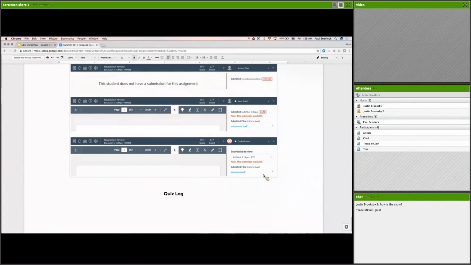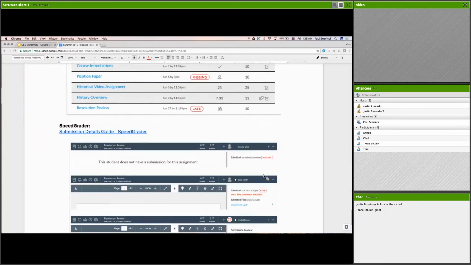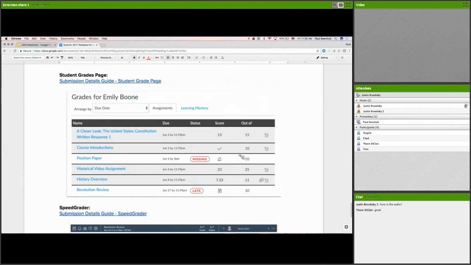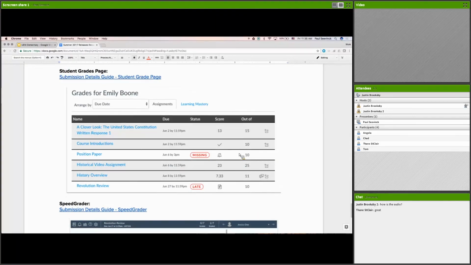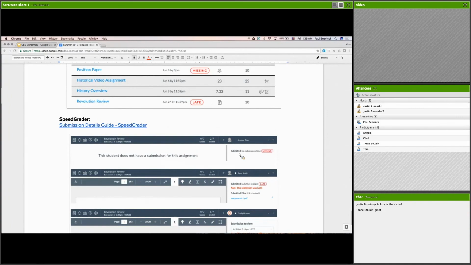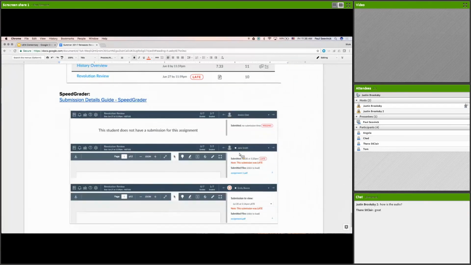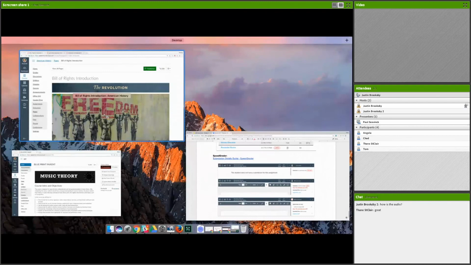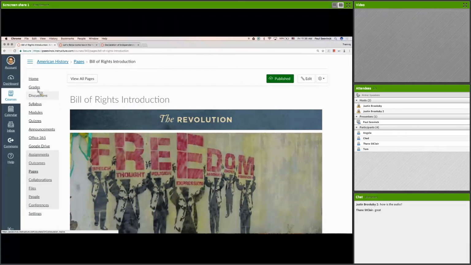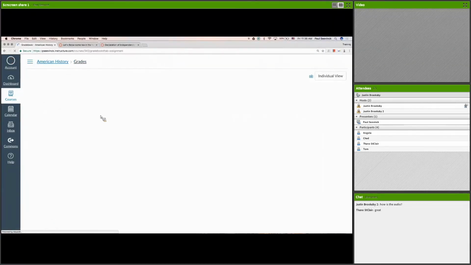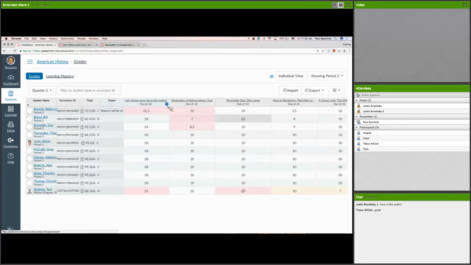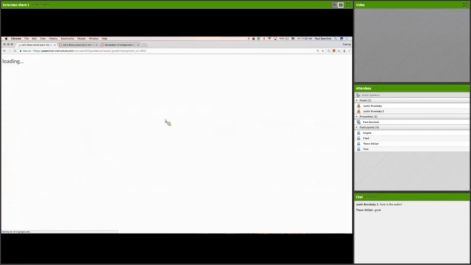So the last one that I want to go ahead, actually, let's see. Does anybody have any questions about that? The tabs? No, so that's going to be showing up in two places. It's going to be showing up for the students and their grades, and then for you, it's going to be showing up in your speed grader. So this is a speed grader. Let me show you what that looks like a little bit bigger. I know it's hard to see when there's screenshots. So click on grades, go into that speed grader,